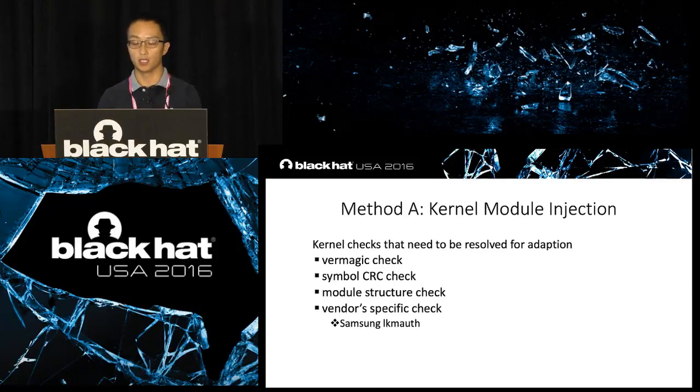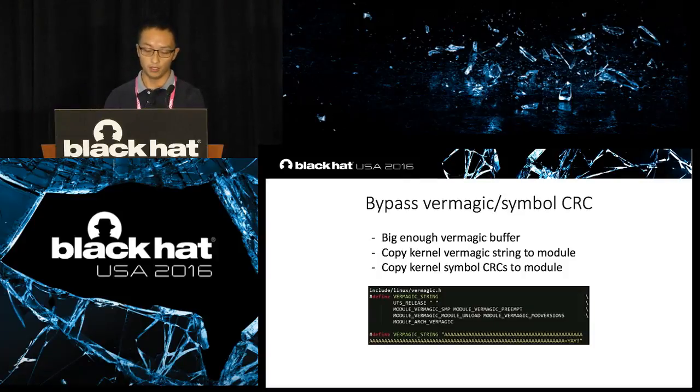For the first choice, the kernel module injection, we will prepare a kernel module template for each bug. So for example, for Towelroot, we have a module template to fix this vulnerability. But for this template, we leave some fields blank that should be filled in later when we do the adaptation. Some fields include the vermagic, the symbol CRC, etc. So here is an example of the header of the kernel module. We prepare the empty buffer and later fill the collected information into the module. After we do this adjustment, the kernel module can be loaded into the target platform.